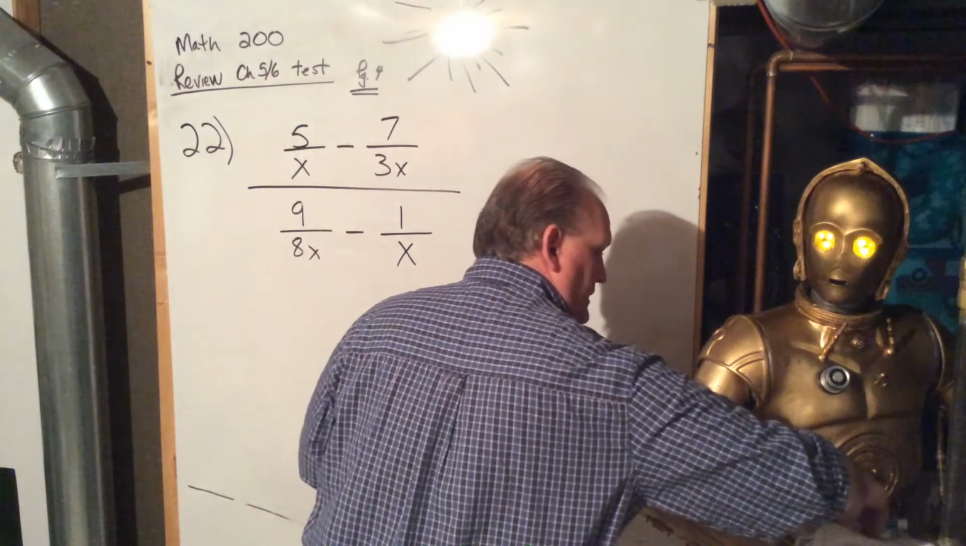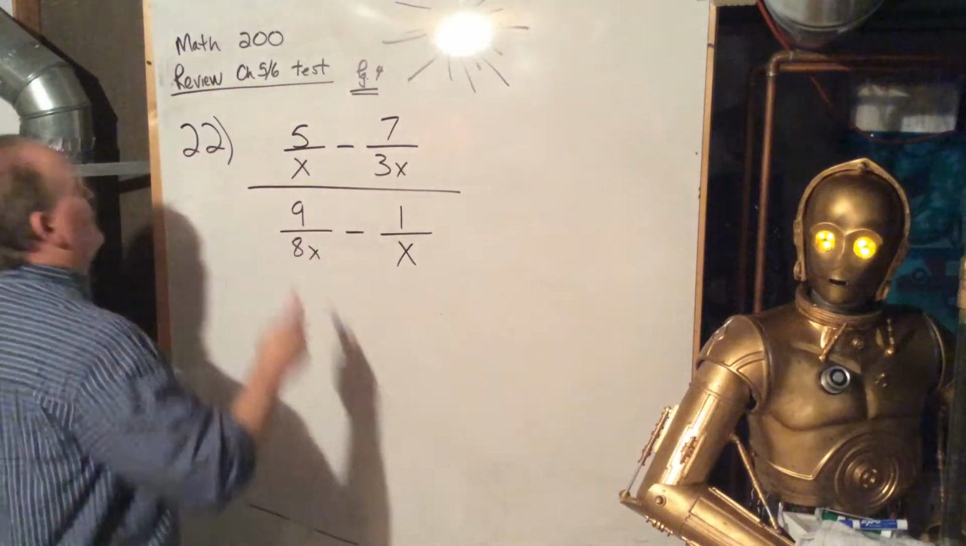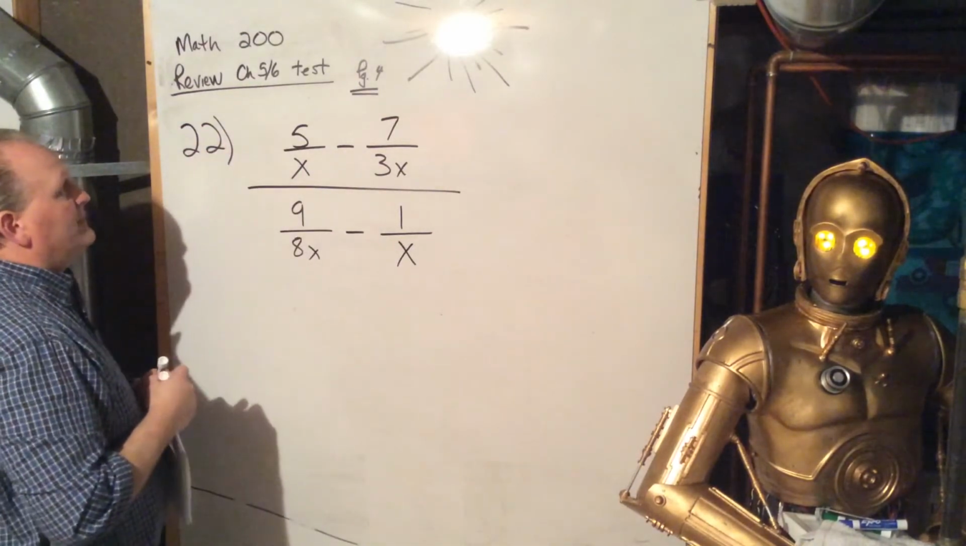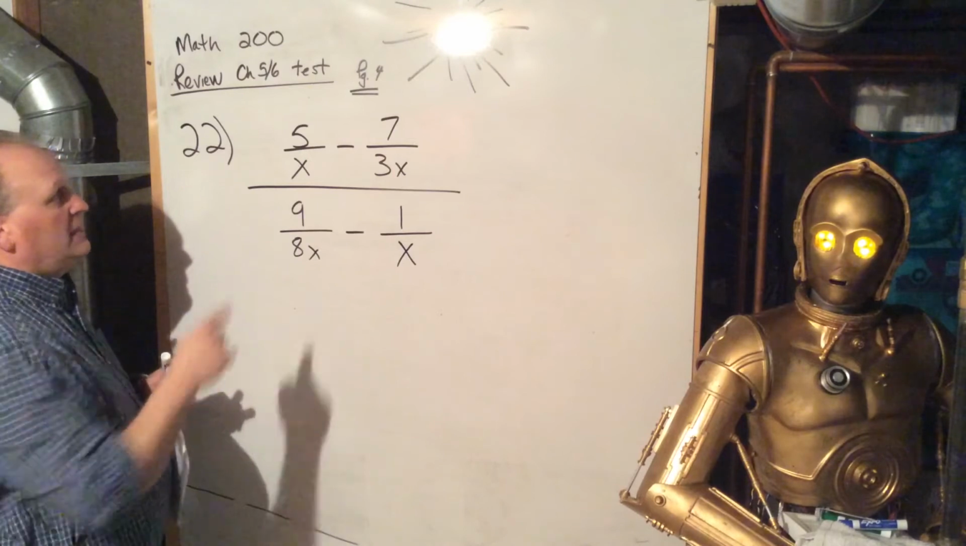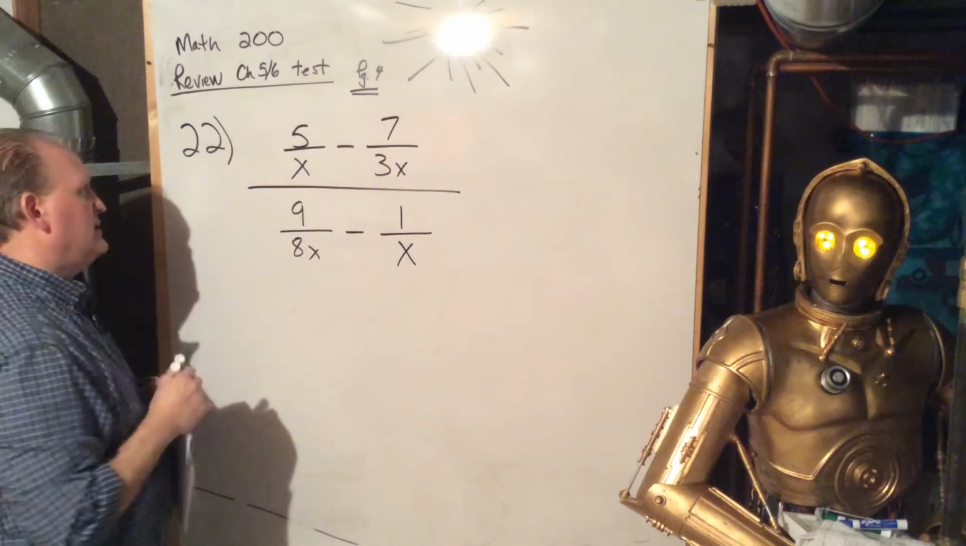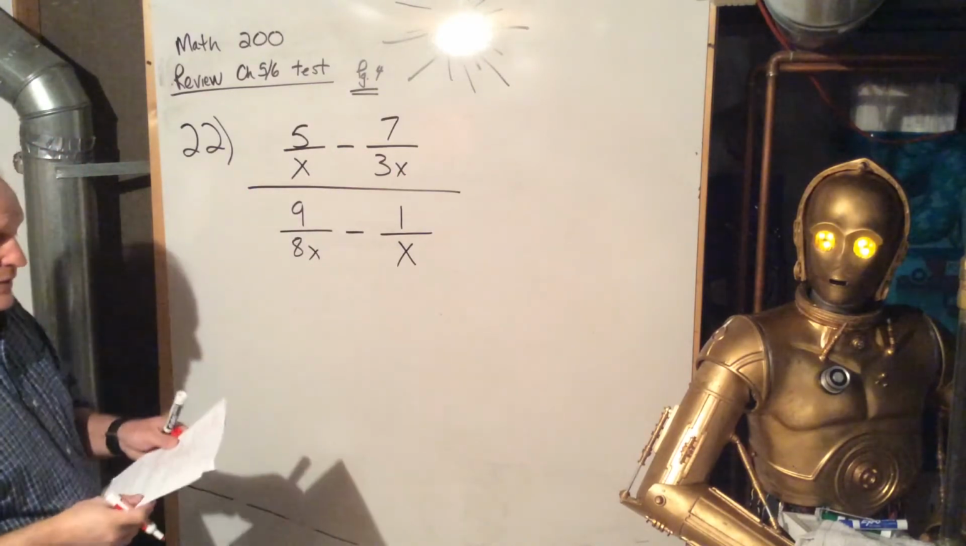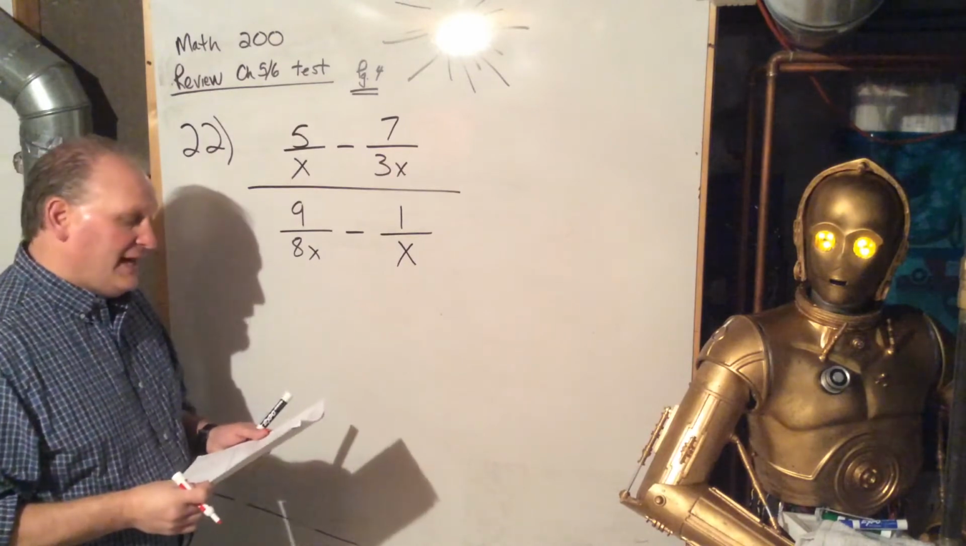Okay, this is Math 200 review, chapters 5 and 6, page 4. This is page 4 of the review. So we're on number 22. We're supposed to simplify